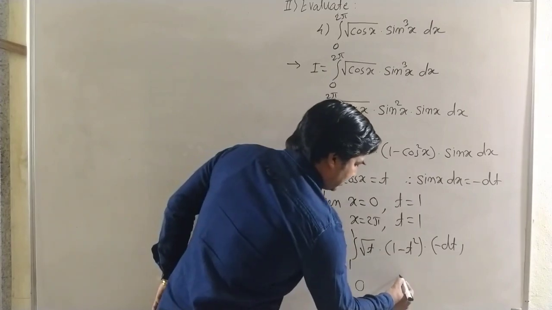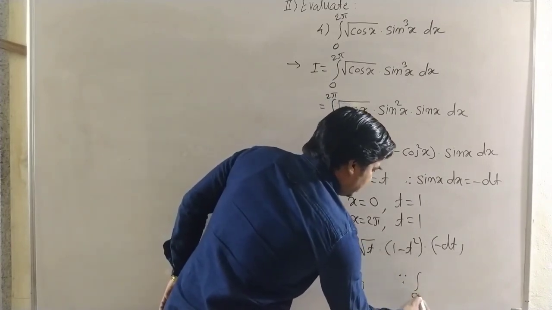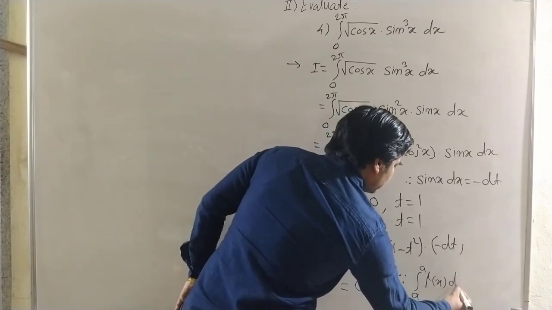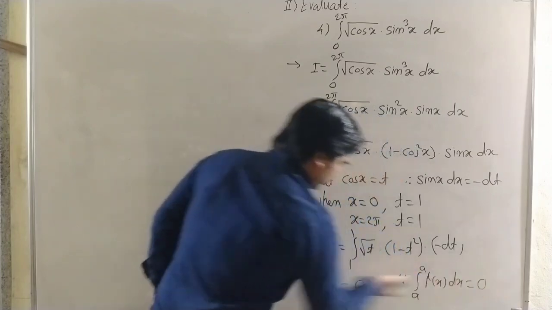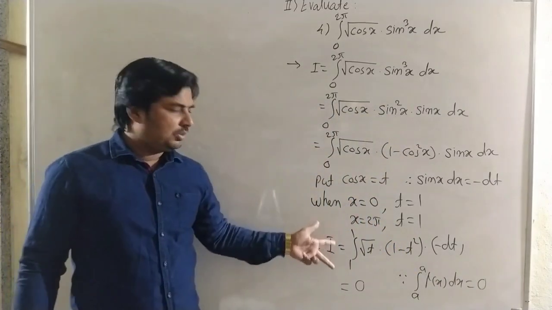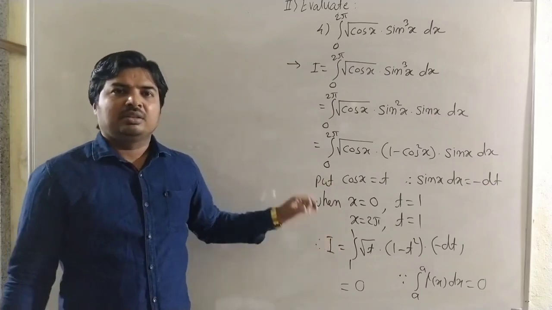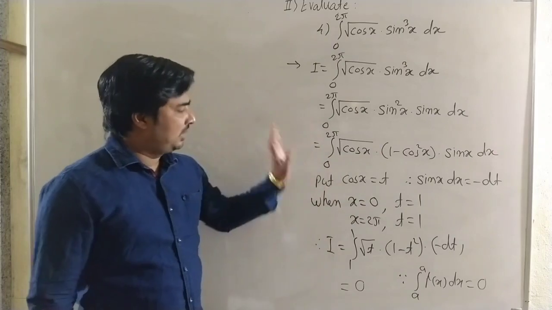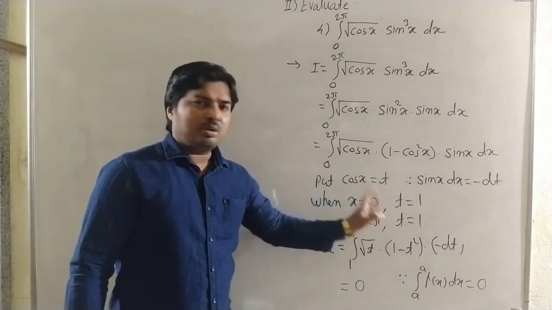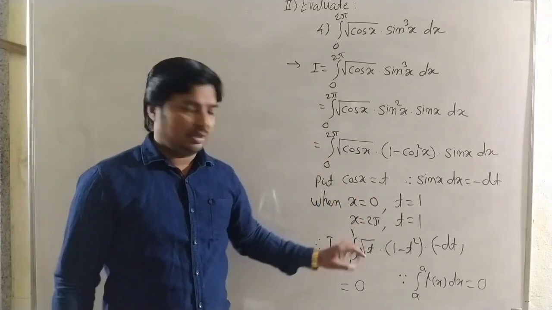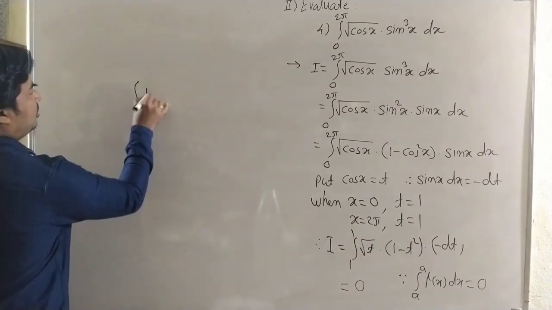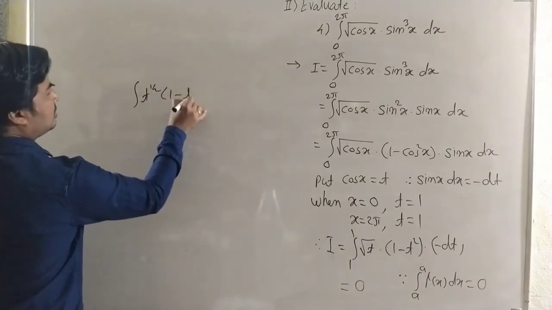Okay, here it is the integral from a to a of f of x dx is equal to 0. Okay, when the upper limit and lower limit are the same, then the integral is 0. If in this example the values of the upper limit and lower limit are not the same, then how to solve this integral? Okay, here it is t to the power 1 by 2 into 1 minus t